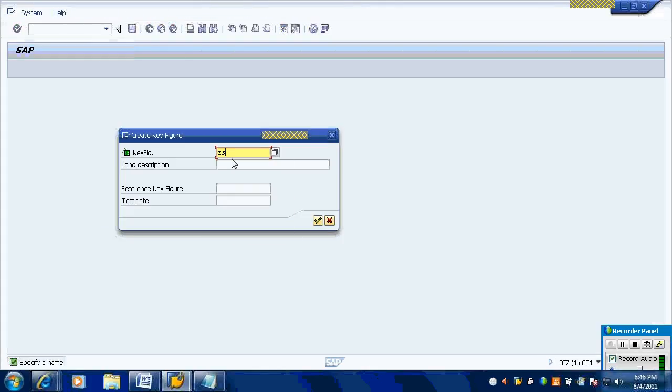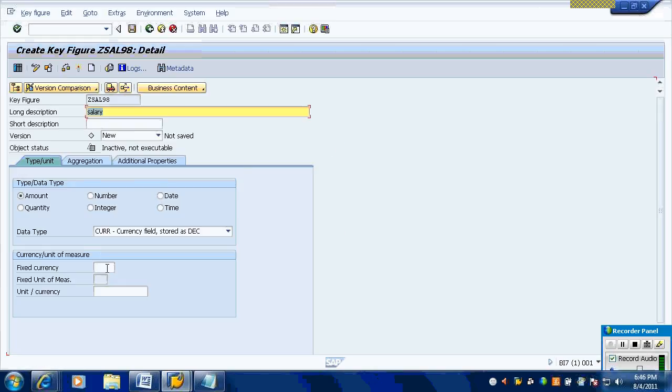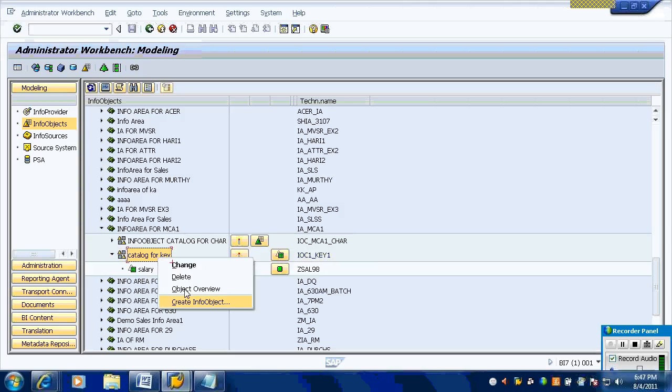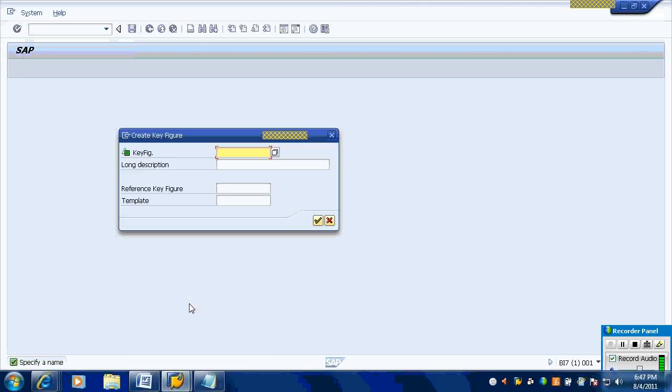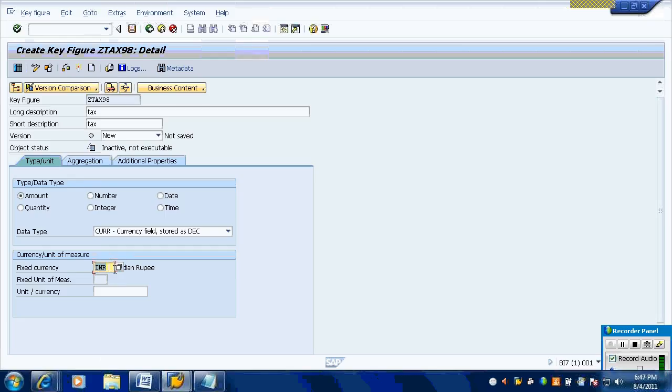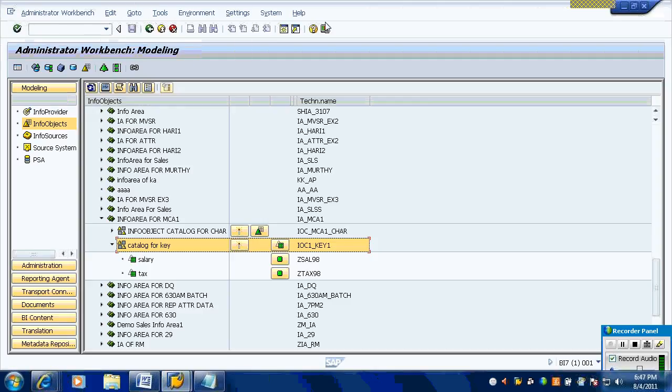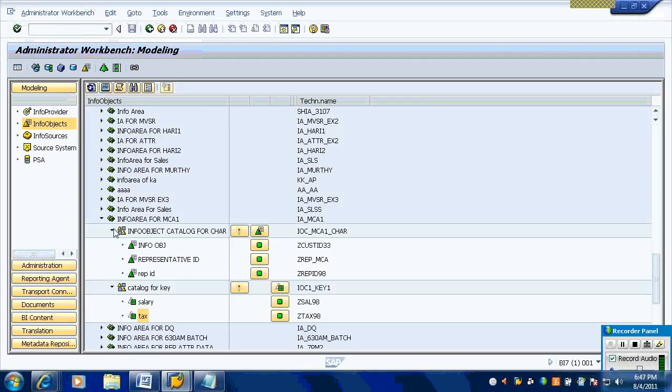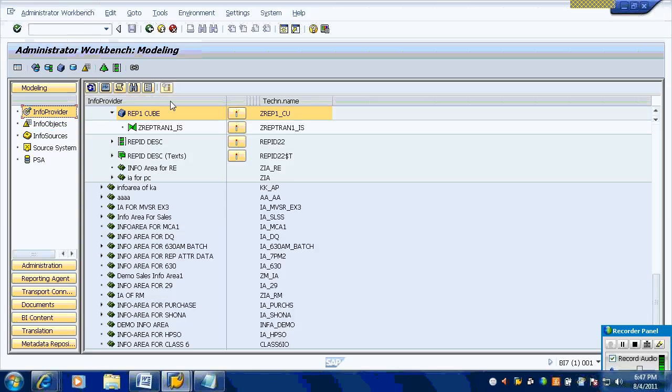Now I am creating salary 98, salary, and I am making this one as INR. Activate this one and come back. I'm creating one more info object, tag 98, tag, make it with currency INR, and activate, come back. Now you have two key figures and one characteristic info object. Then go to the info provider,